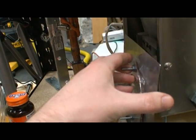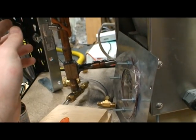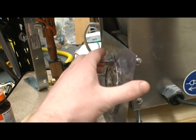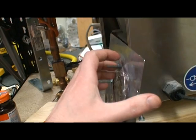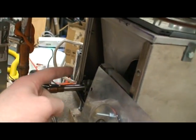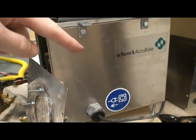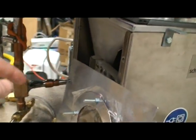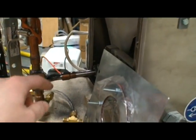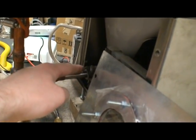Now, I was still getting some slight variation in the distribution of the dust, and I believe that comes from one of two or possibly both sources. Now the Helix runs out, there's an electric motor inside of here, and the Helix screws in back inside at the other side of this hopper. It's filled with dust, right? I'd show you that. But this nozzle is only connected at this point,